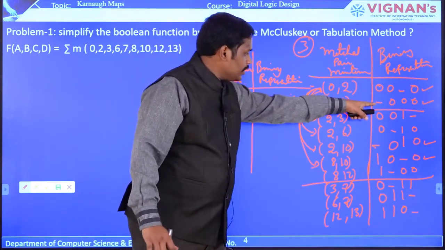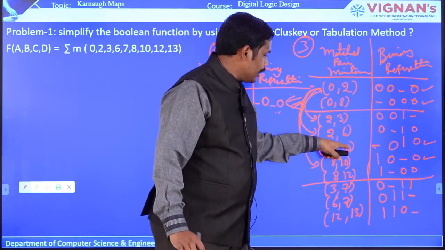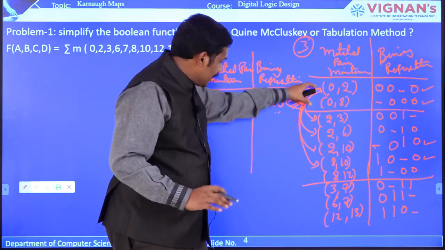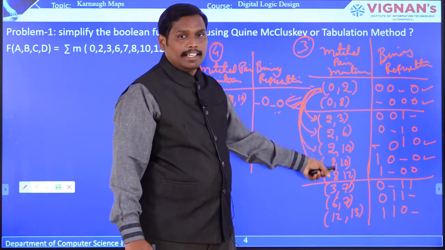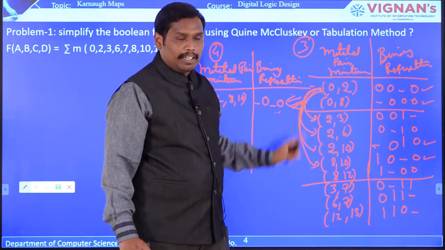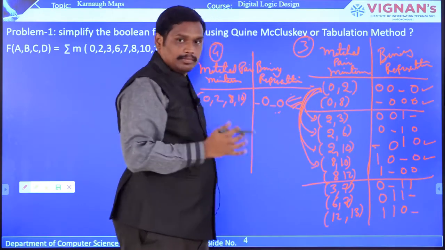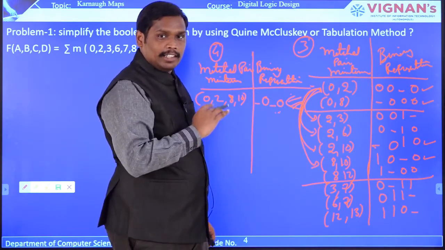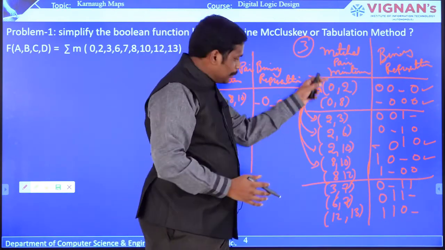So 0, 8, the first bit is underscore. So the first bit underscore is 2, 10. That is the only possibility that we can have from these two successive groups of the third matched pair minterm table. Okay. Now since all possibilities are checked, there are no other possibilities to extract a matched pair minterm. So now this group is completed.